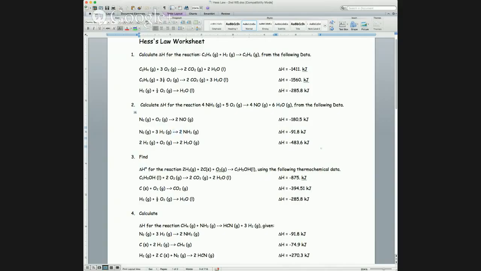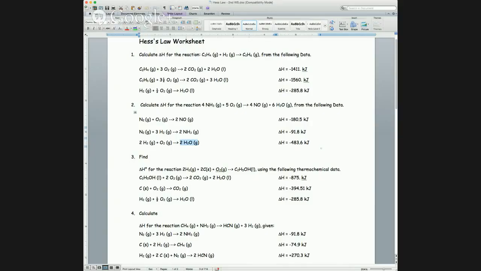Okay, the final one, the H2 is right here. The O2 is right there, and the H2O, there isn't H2O. This is good, okay. So then it's a product here, and it's a product. So I'm actually leaving it as is. I'm not having to flip it, but this is 2H2O. That is 6H2O. I'm gonna have to multiply this one times 3, which means this is gonna be like negative